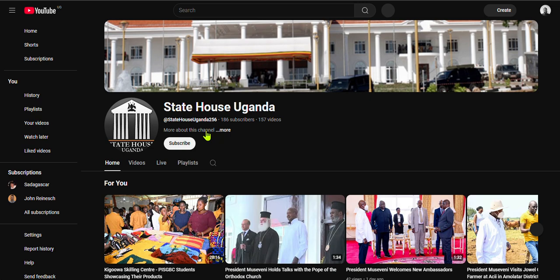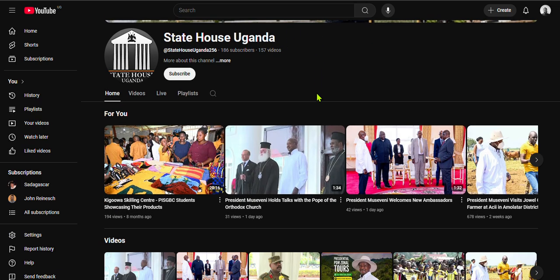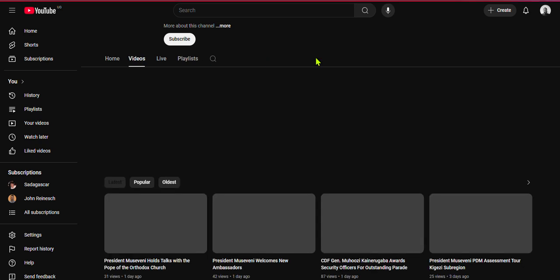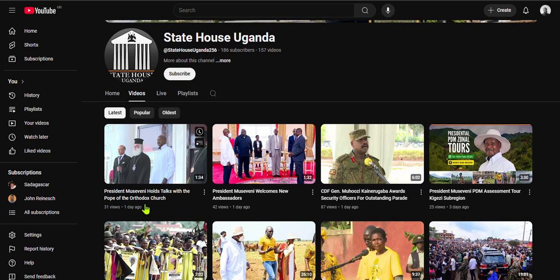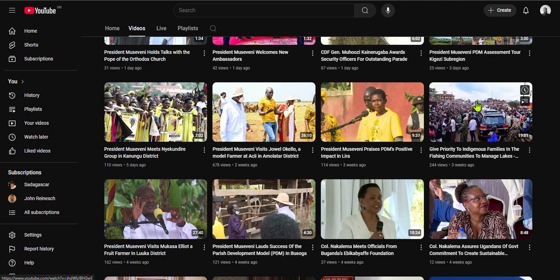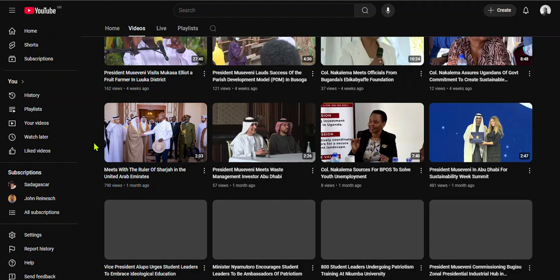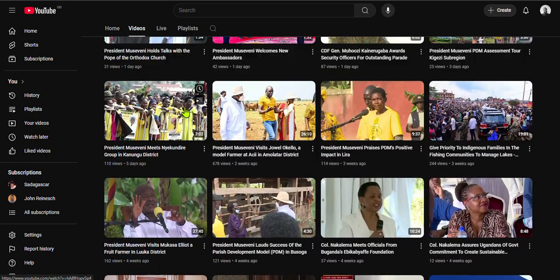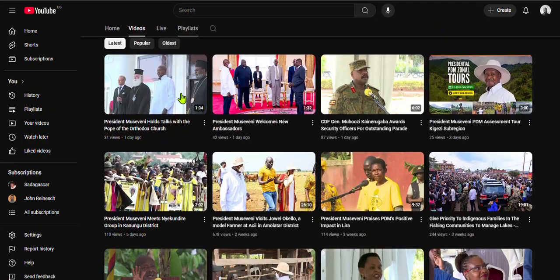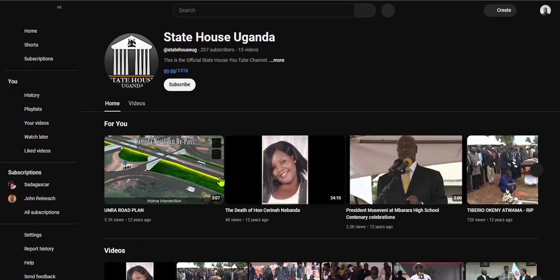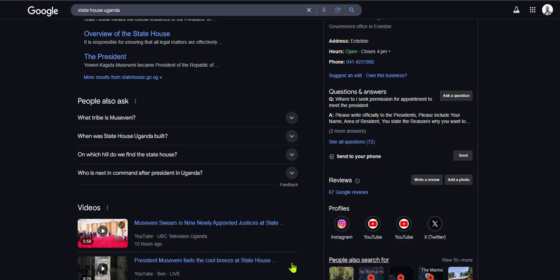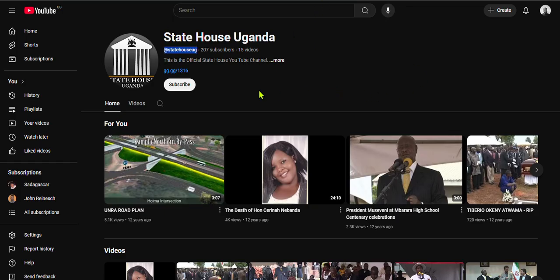And when you look at these, we obviously have to get rid of one and only keep the other. This one is the State House Uganda 256. This one is a little... I don't know if this is the official one, but this one is more updated. It has more recent information about the president, the vice president, and the different things they are doing. So I don't know if this is the one, or there's this other one that has kind of the official hand of State House UG, which matches the Instagram, the State House UG, and the Twitter as well. So I don't know which of these is considered to be the main official YouTube channel